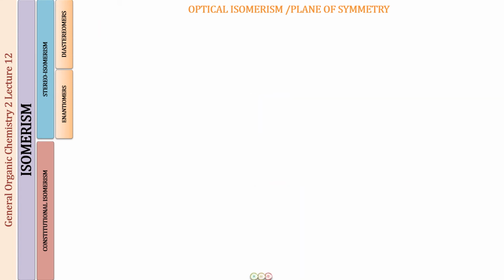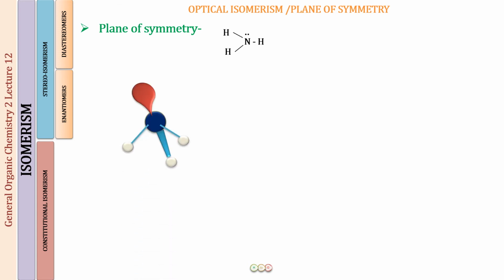So next, let us look at another molecule, the NH3 molecule, ammonia. Nitrogen is forming 3 sigma bonds and there is one lone pair of electrons. So it is going to have a tetrahedral geometry, but a distorted one. The structure of the molecule is a pyramidal structure. So let us draw that. This is how it is going to look if I draw a three-dimensional image of the molecule.